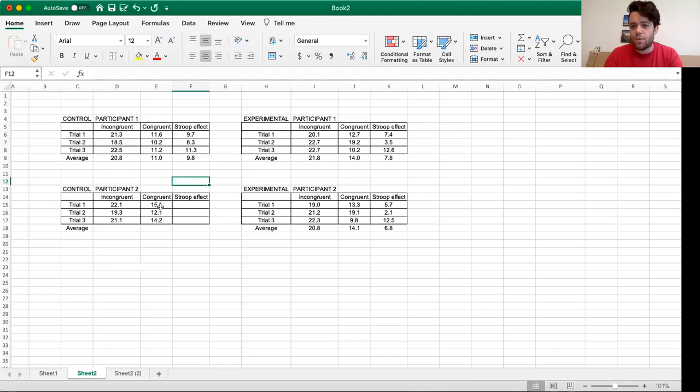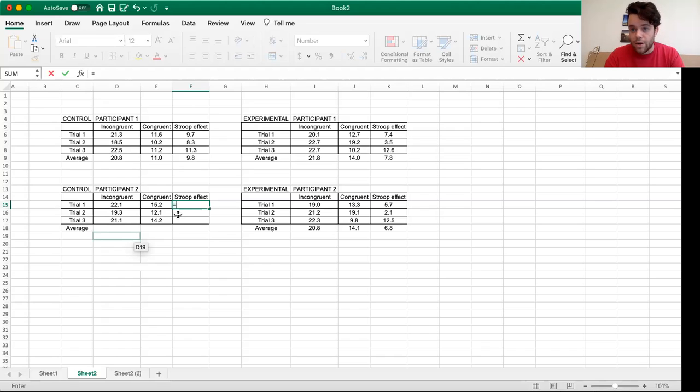But a couple things first. One is calculating the Stroop effect. Most of you must have done your math on a calculator or something and wrote it down. But you can have Excel or Google Sheets either do it for you. So any sort of math that you want to do, Excel can do it. So if we want our cell to equal a number, so I left this one blank so we can do it together. Equals, so anytime I wanted to do math, I want to say this cell equals the result of